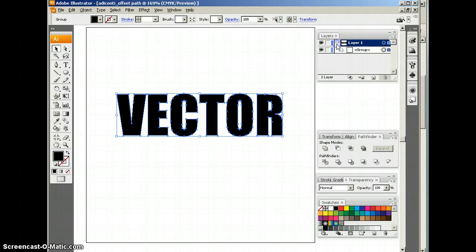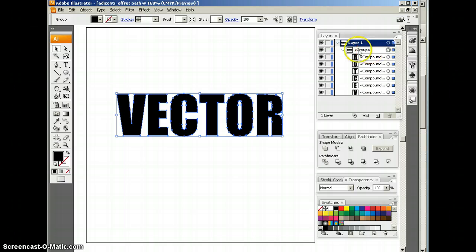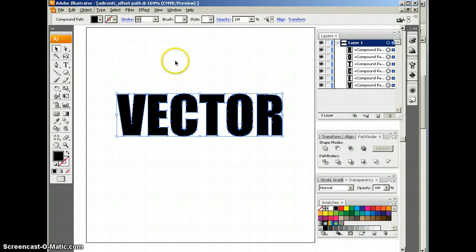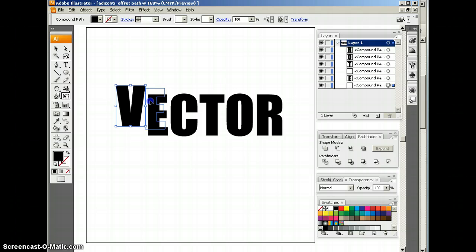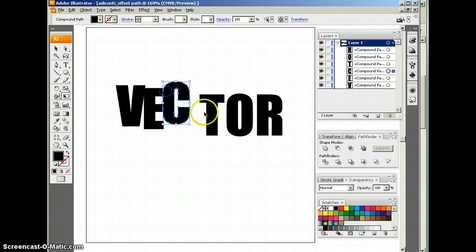If you look in your layers palette, you'll notice that after you create outlines, it groups all of your compound paths together. We want to ungroup that, however. So I'm going to right-click and ungroup. Then I'm going to go over to my scale, or my free transform tool, letter E on the keyboard, and I'm going to hold down my control to get my black arrow, and I'm going to arrange my letters,